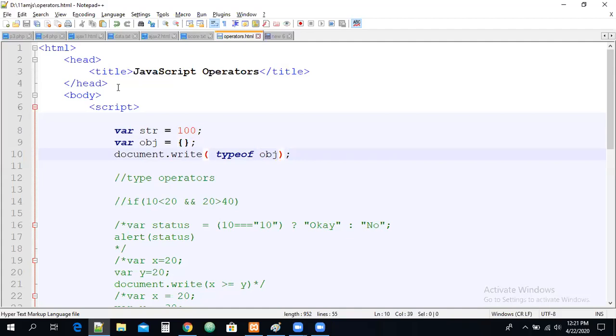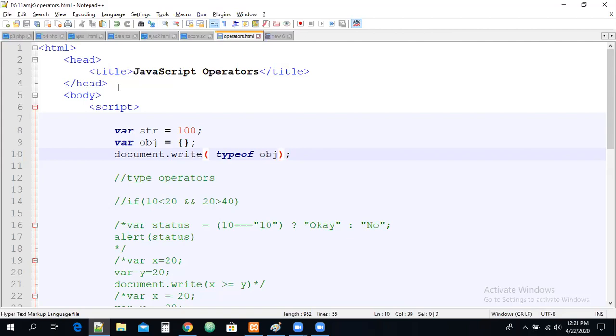So like this, we have some other operators, guys. Instanceof operator, in operator, such operators are there. Those operators also we will see. So guys, these are the maximum operators we are going to use in our application development. A lot of operators are available, but no need to worry. These are the mostly used operators in our application development, guys. Instanceof and typeof operators and other different operators we can use in our application development.